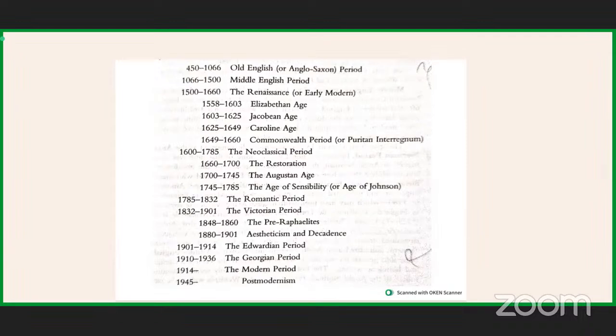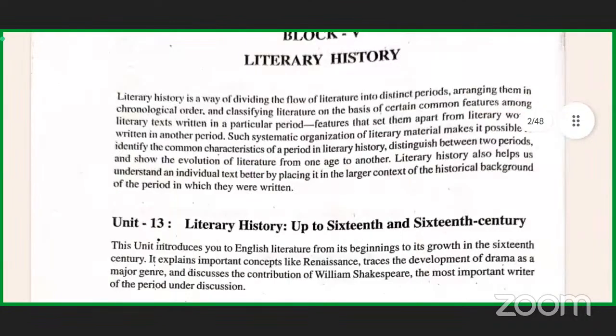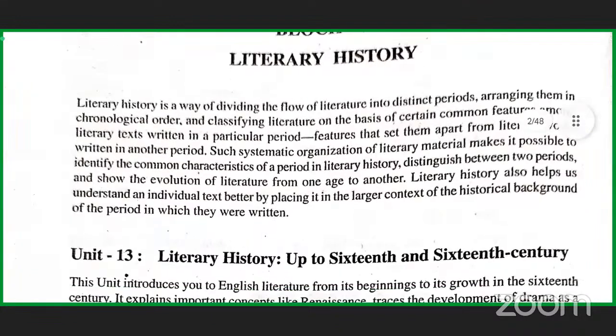time spent from 180 till 2023 AD can be divided into many ages or many periods based on different things, right? It has been clearly mentioned over here in the beginning of this block that literary history is nothing but a way of dividing the flow of literature, how the literature is flowing, how the trends are changing. Is there any certain movement from one to another, how they're gliding from one to another. Okay, so they divide the flow of literature into distinct periods, arranging them in a chronological